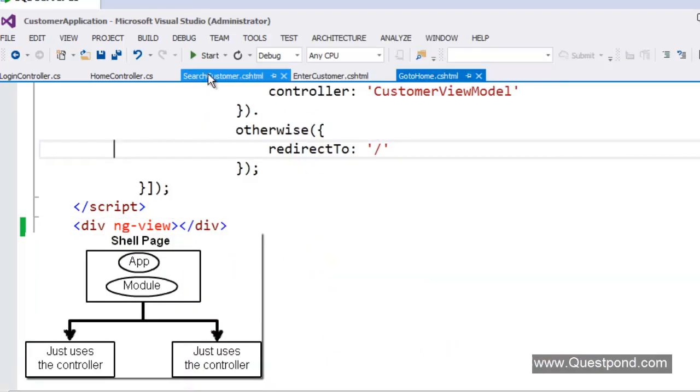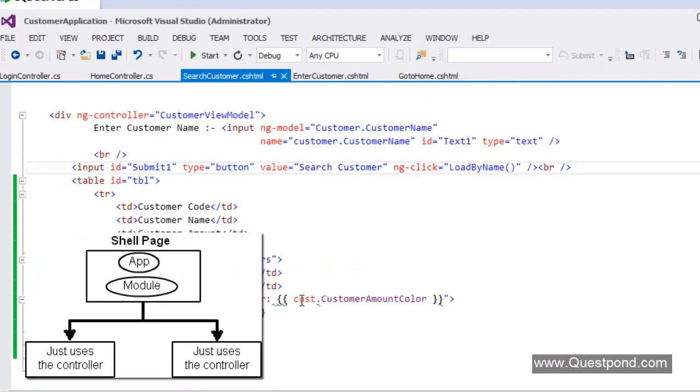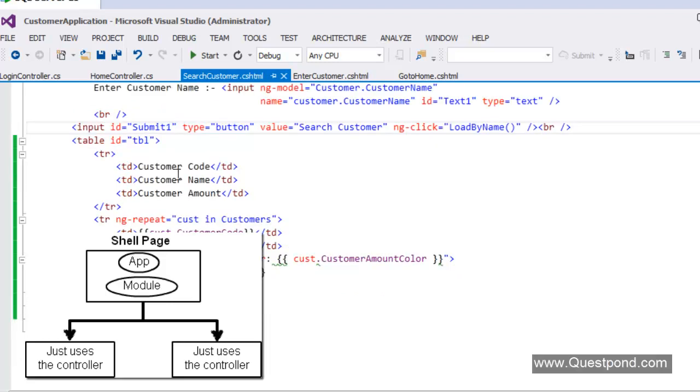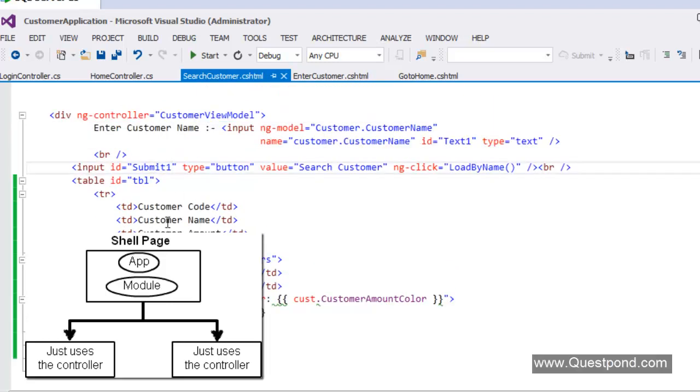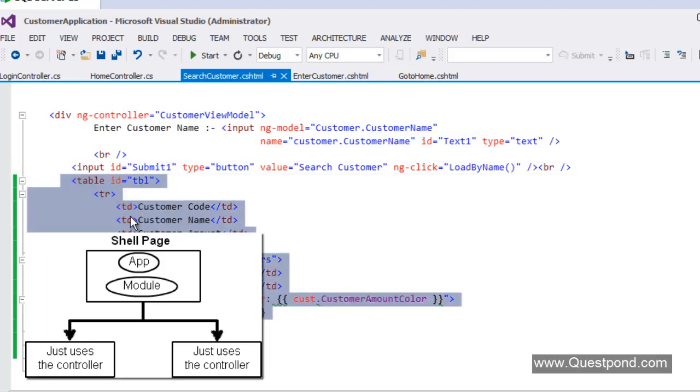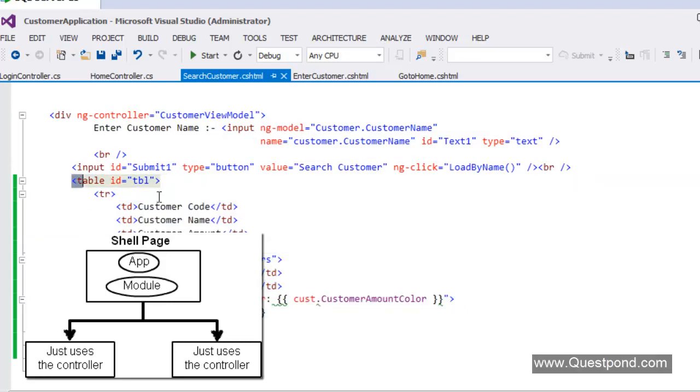And also the search page here, I have tidied up. You can see that I have removed the ng-app, because now the ng-app will come from the main shell page. I've removed registering the controller, that will also come from the main shell page, right? And what I've also done is I've removed the server side interaction, and I've just made it client side. You can see that previously this was using the HTML table, but now I've changed that to an Angular table. So this part I have completely changed and made it pure